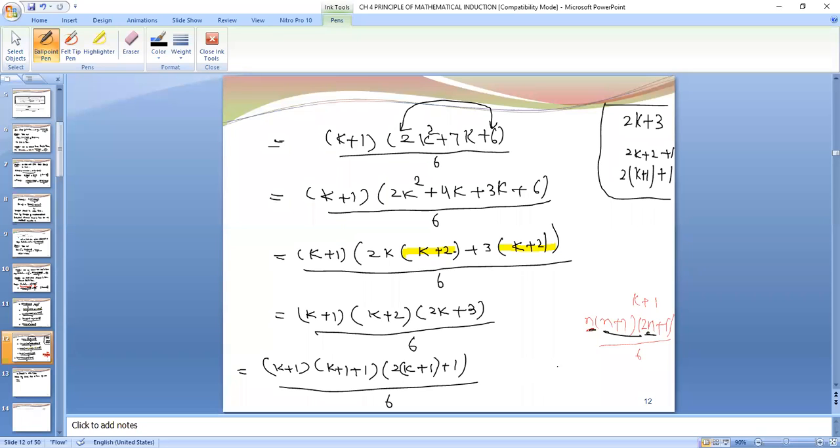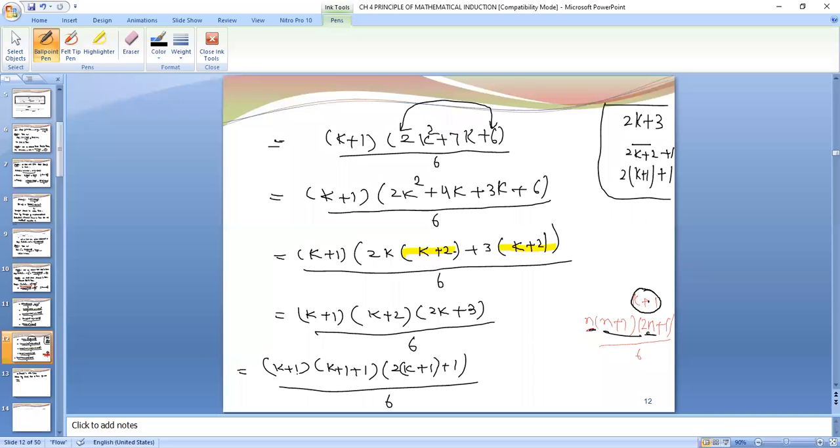Now you check what you have to make the term. So the result is n into n plus 1 into 2n plus 1 upon 6, so that n is replaced with k plus 1. To make this result, what we are writing, k plus 1 is fine. K plus 2, we are writing k plus 1 plus 1. And 2k plus 3, we are writing 2k plus 2 plus 1. From 2k plus 2, we can take 2 common. So in the bracket, we will be having k plus 1 so that when we match the result, we will see that n is replaced by k plus 1.